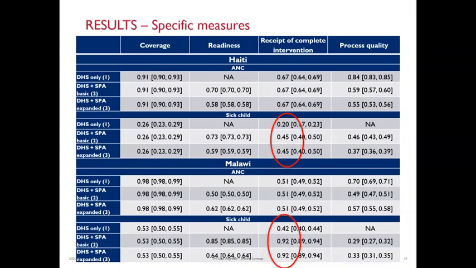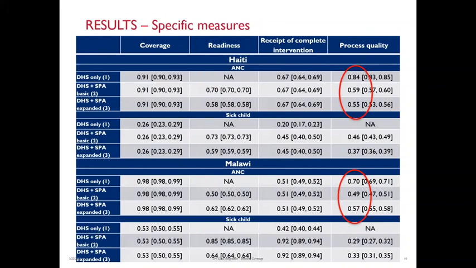So in approach 1, which uses DHS data, the actual diagnosis of the child is unknown. And so any child who had symptoms of diarrhea or ARI are included in the denominator. Now in the SPA, so in approaches 2 and 3, data collectors observe whether children brought in with symptoms of diarrhea or ARI were in fact diagnosed with these illnesses, and only those who received a diagnosis are included in the denominator.